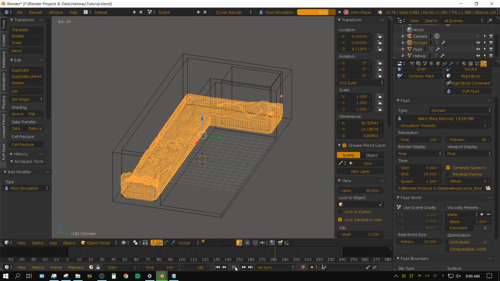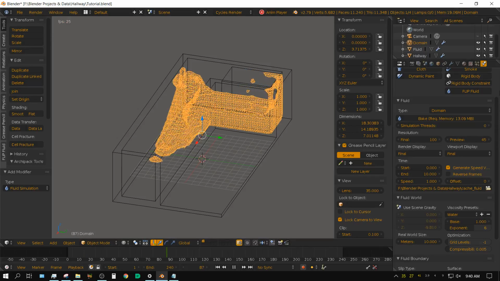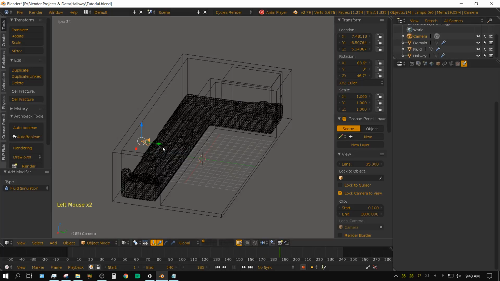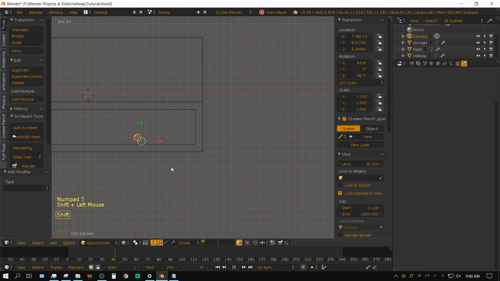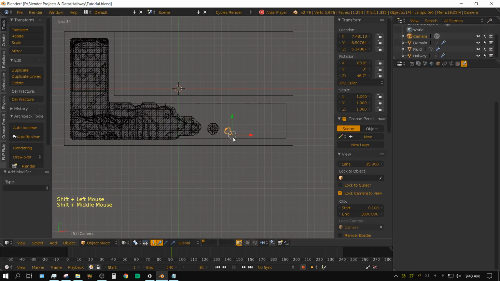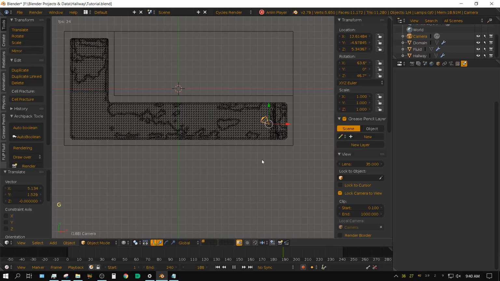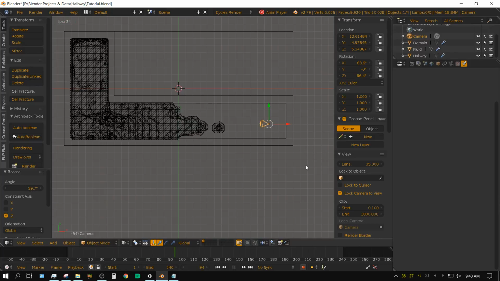But as you can see, the resolution of that water is very, very low. Let me go ahead and turn the camera on and kind of, where is my camera? Let me go ahead and rotate Z and look through the camera.